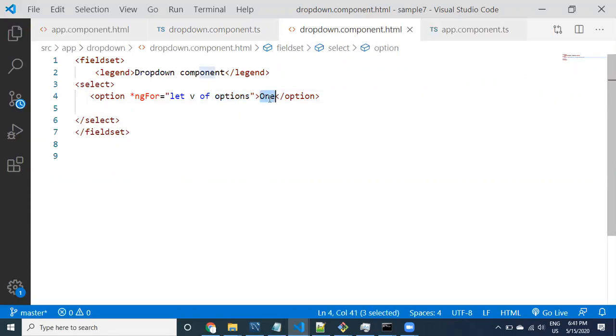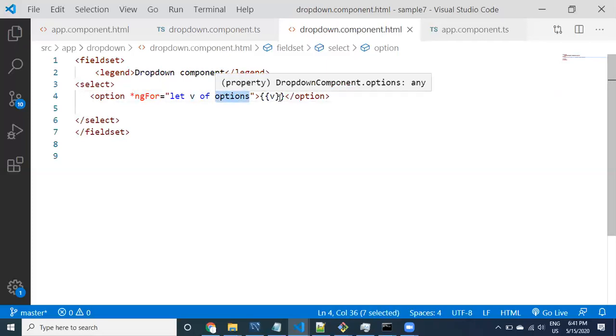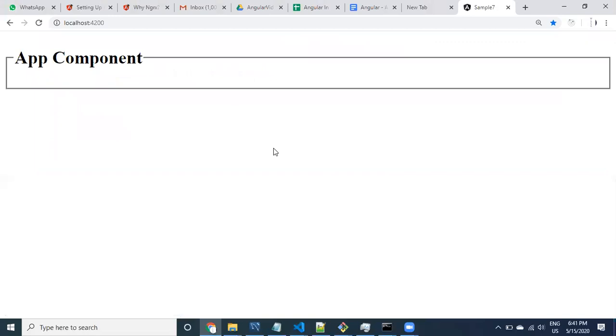Now every value is going to come to this property. You are directly taking the array, and each value is provided; v is a string, since it is an array of strings. So what you can do is write v. Options, ngFor let v of options, v. Let us look at it, guys. Now it will display.